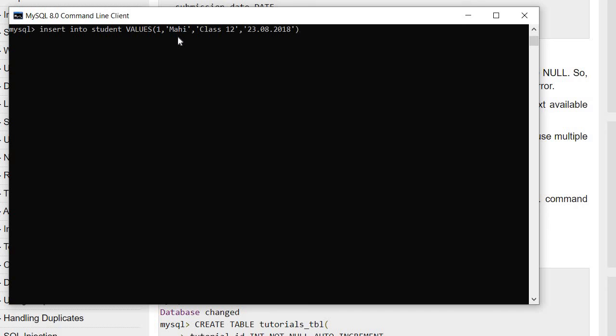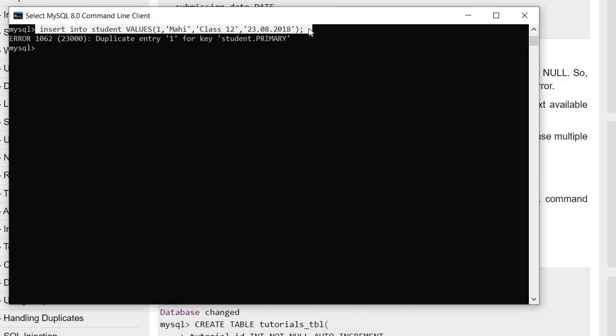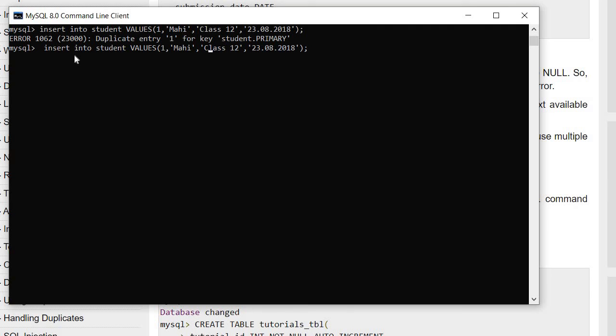Now I will close it, put the semicolon, and it says duplicate. Oh, okay, I already mentioned it, so I will change the value. Because it's a primary key, it can't be duplicate. So I will just change this value and write down here 2.